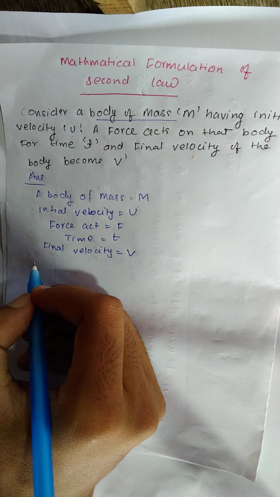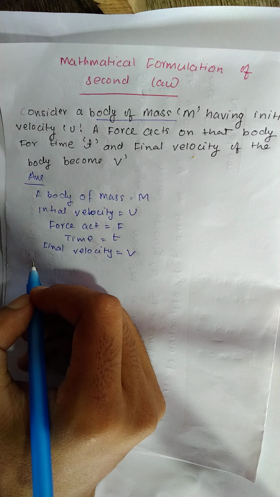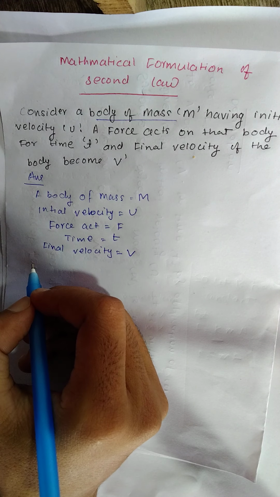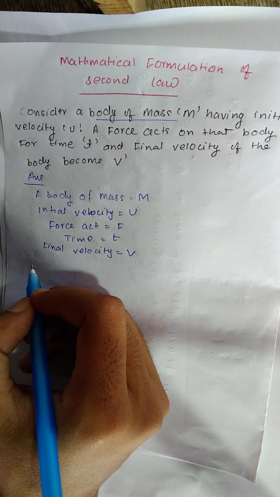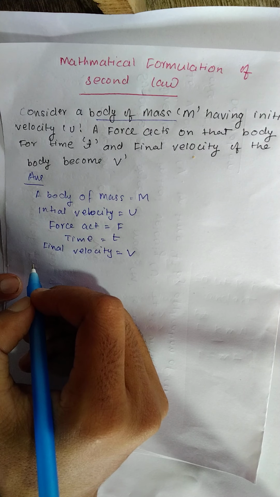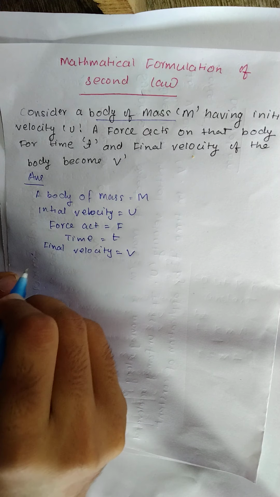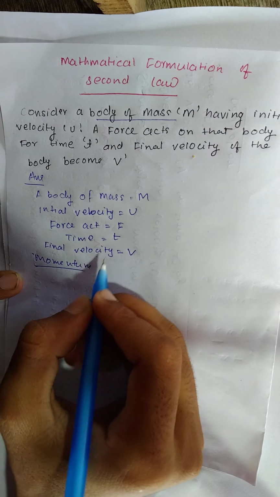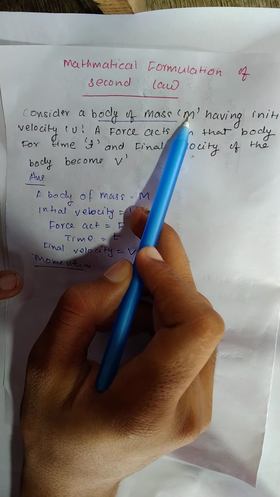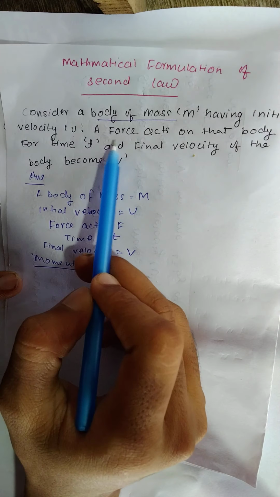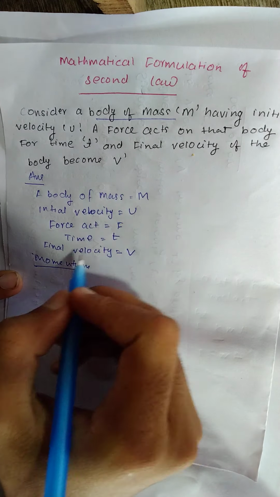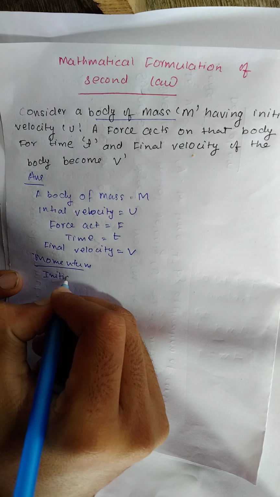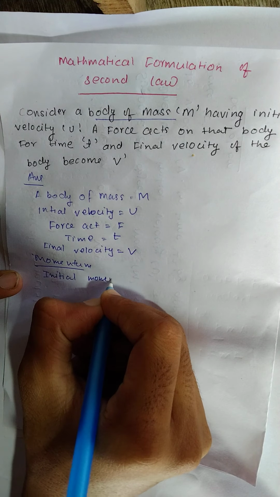Then we know that when an object is acted on by an external force, and the object has mass and changes its position, that is known as momentum. So here we have to take momentum, because it is a body of mass m having velocity and it is getting a force. So let the initial momentum be